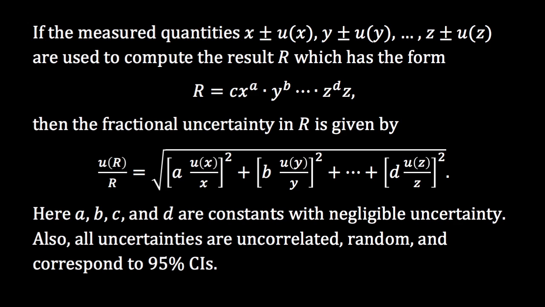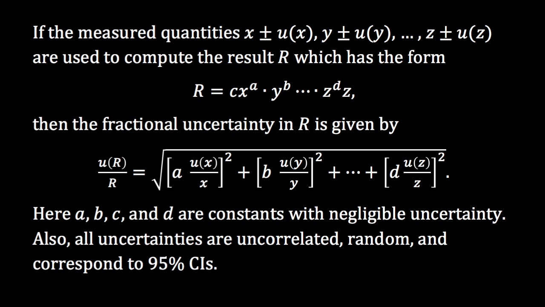We now calculate the fractional uncertainty of this result by following this general rule. If the measurement quantities, x plus or minus the uncertainty in x, y plus or minus the uncertainty of y, and so forth up to z plus or minus the uncertainty in z, are used to compute a result r, which has the form r is equal to c times x raised to the a power times y raised to the b power times however many terms in your formula times z raised to the d power,